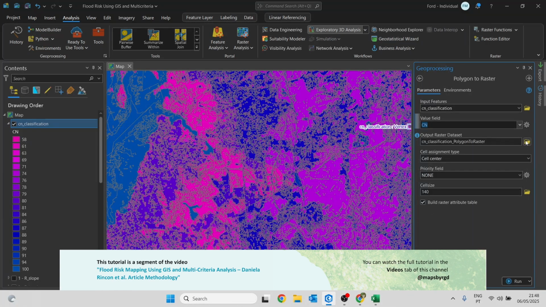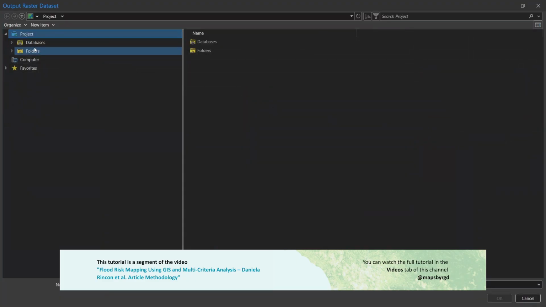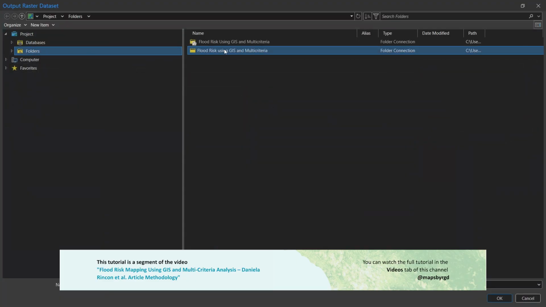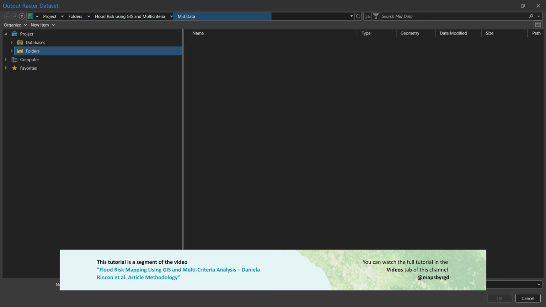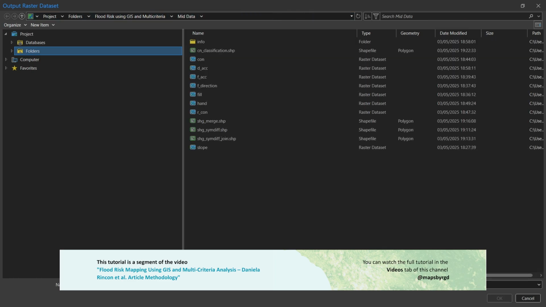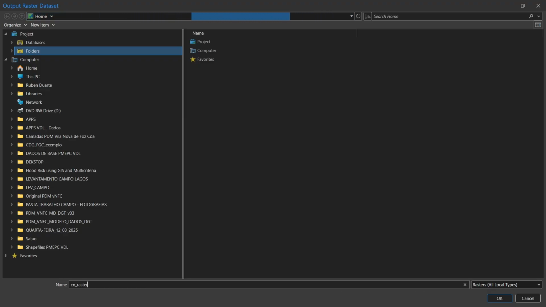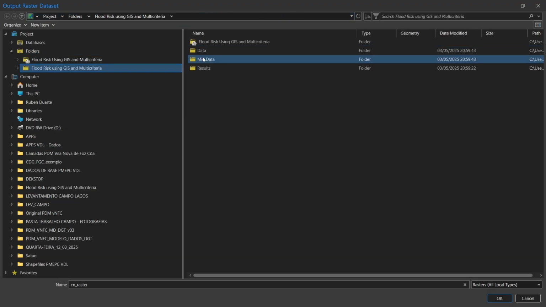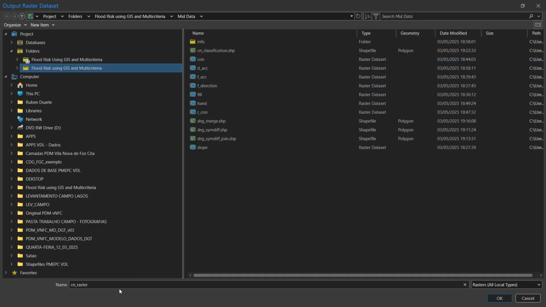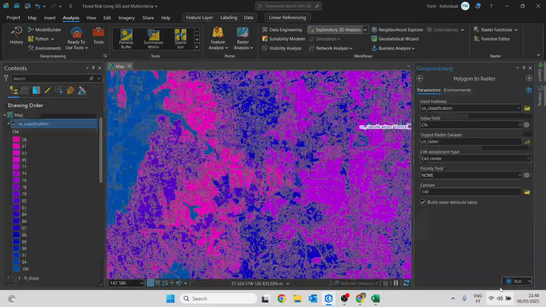Let's select the output. This will be saved in the mid data as well. Here. And we can call it, for example, CN underscore raster. Here, let's click OK.